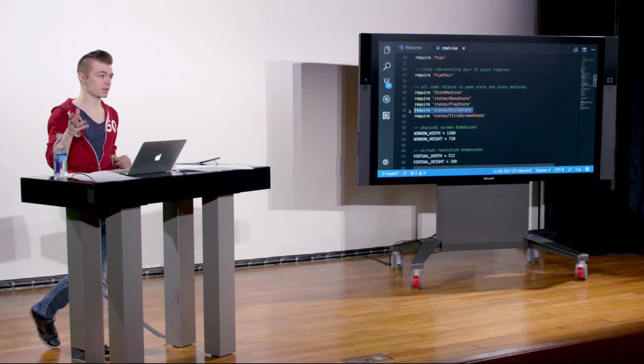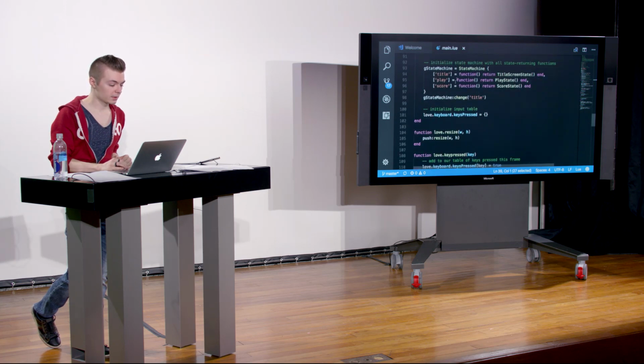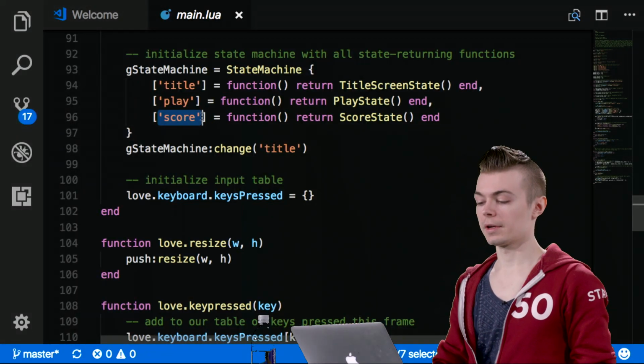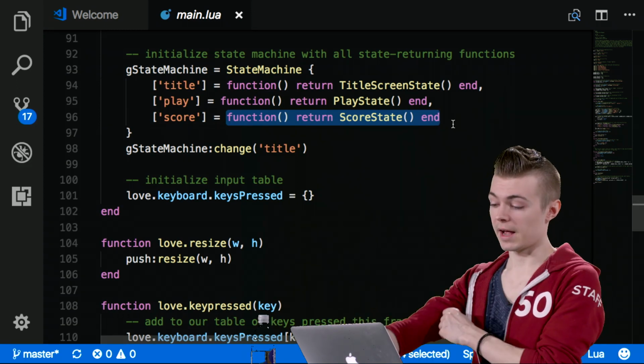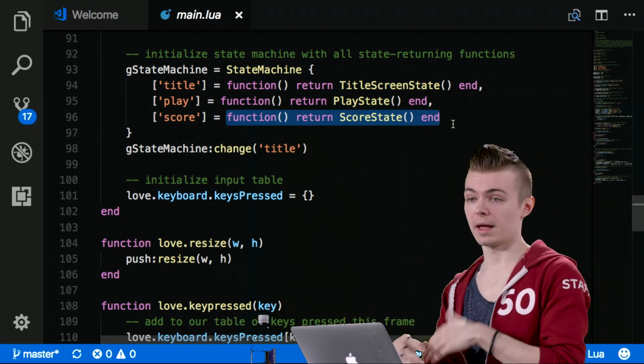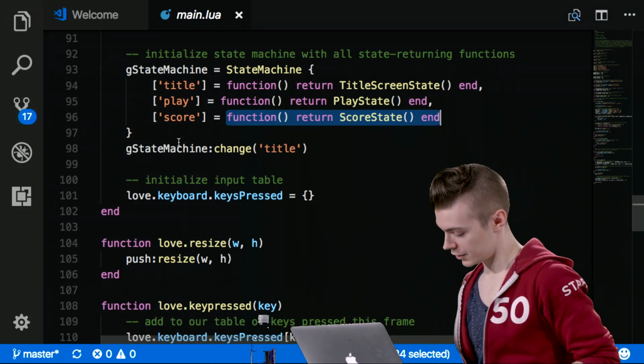So notice that in main, down where we define our state machine, we're going to go ahead and also note that we require a new score state, because now we want to display a score screen. Down on line 96, score gets a function where we return a score state object. So now we can change to score, and it'll return that state, and we can define all the behavior within the score state that we need